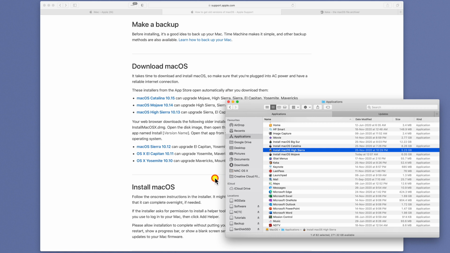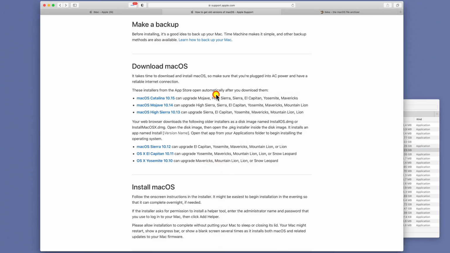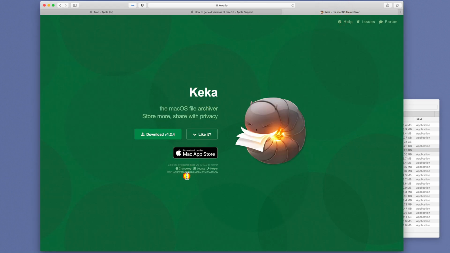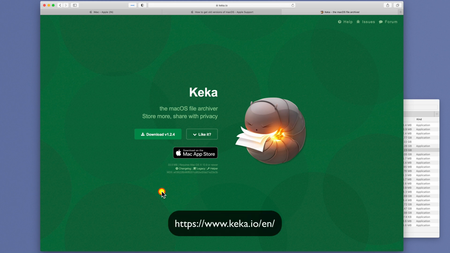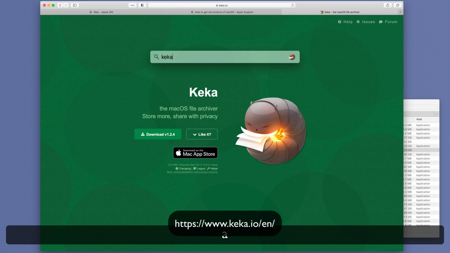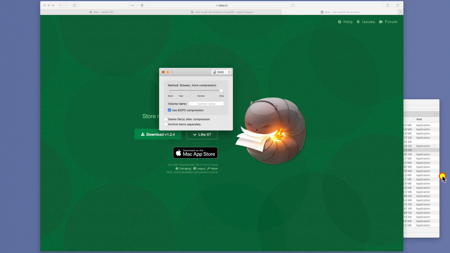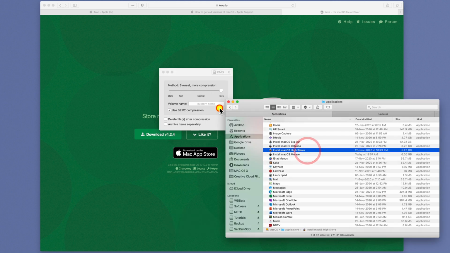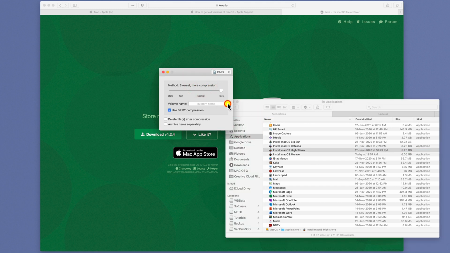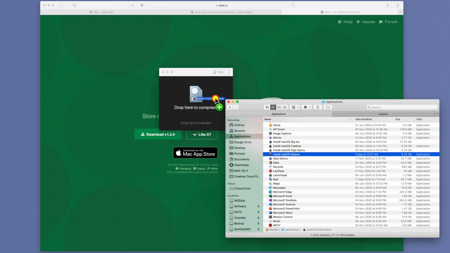But before we go there, like I said, I already have these archived. So, how do I archive them? What I do is I use this free archiver called Keka. That was the message from the verification. I choose the DMG format, and let's say Mojave.